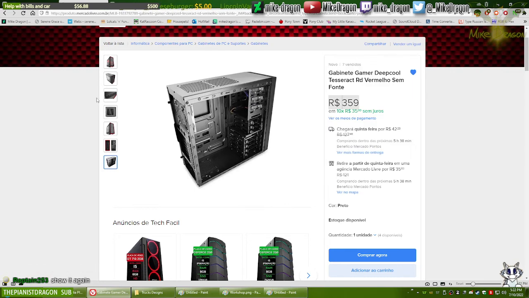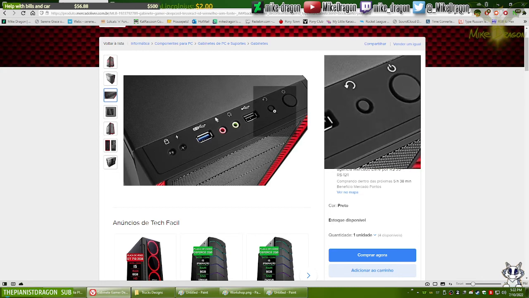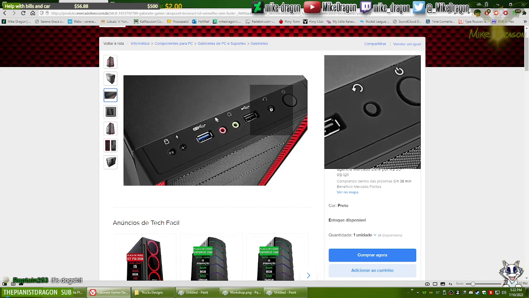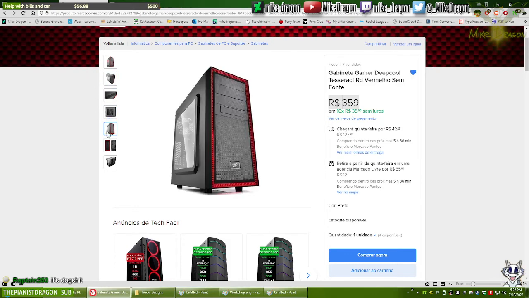This is the front panel. It's normal. A couple of USBs, 2 jacks, power button, reset button. This is something that many modern cases do not have anymore, and this is something that you still need. Come on, it's amazing. It's awesome. And I speak from experience because that's the case that I have. That's where my PC is.